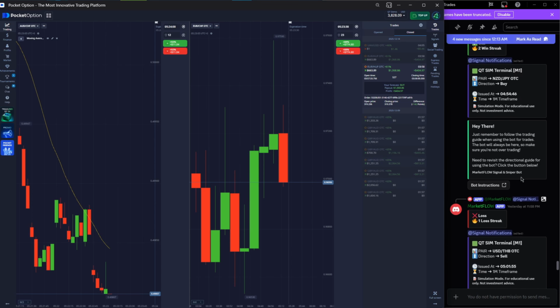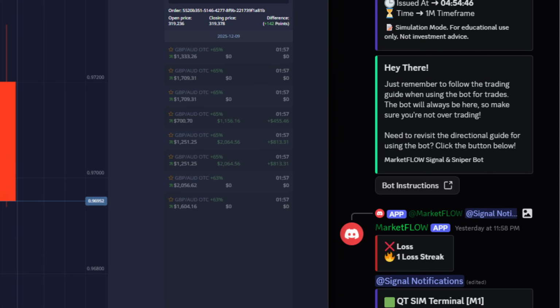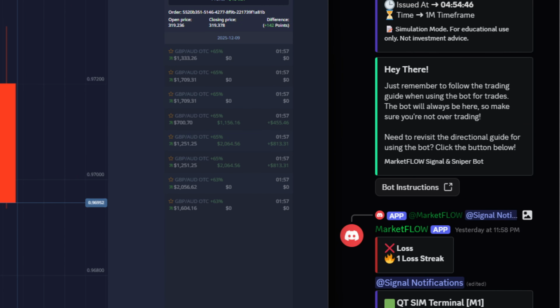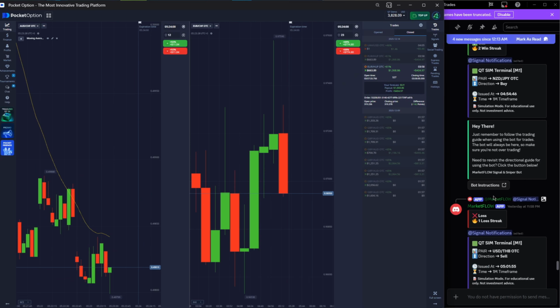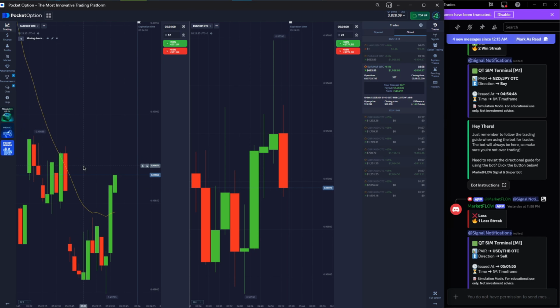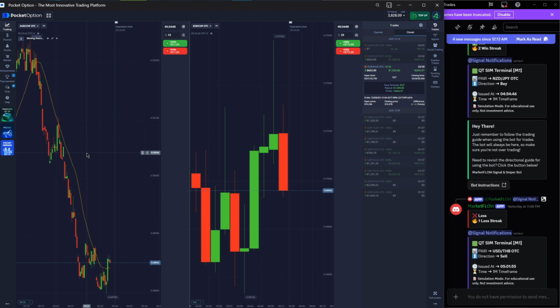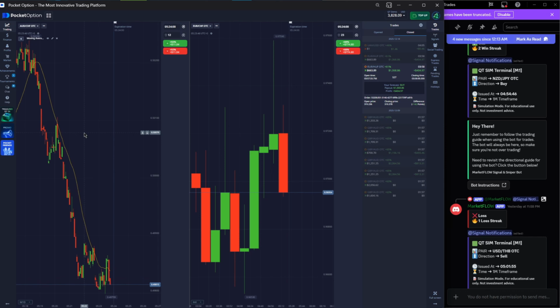Speaking of instructions, check this out, y'all. If you look over here, the bot has instructions. Read the instructions. I don't know how many times I have to say it, but it's always good to read them. A lot of us have problems with reading instructions, I know I do. But once I read the instructions, it helped out big time. So, with that being said,